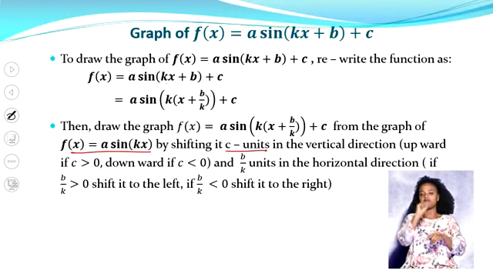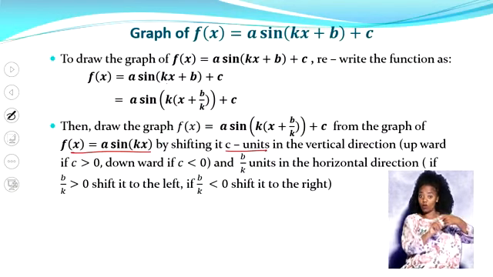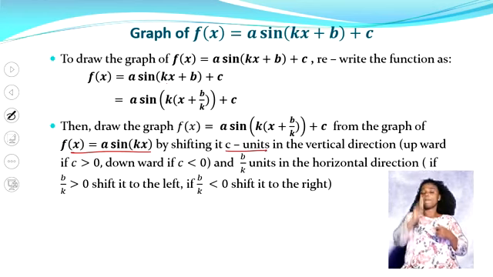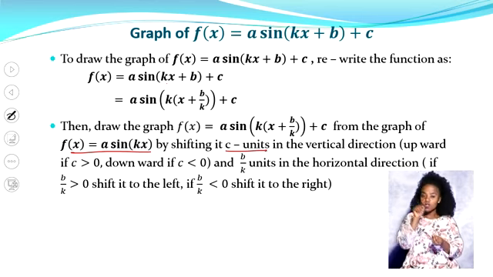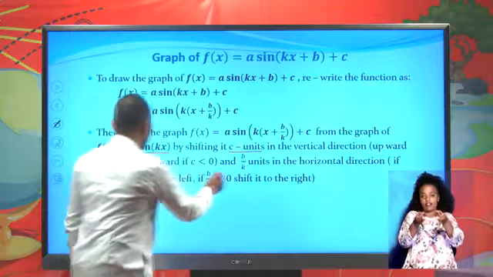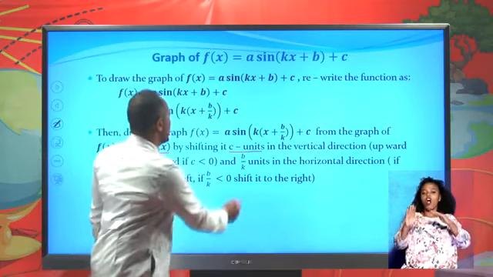If c is positive, you shift the graph c units up, or if c is negative, you shift this graph downward. In addition to that, you shift b over k units